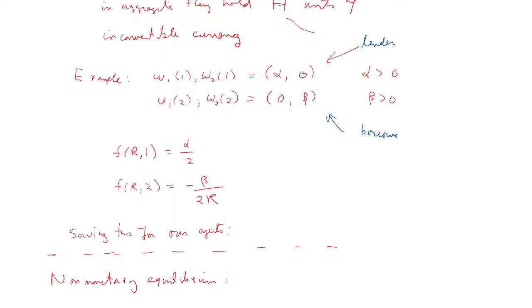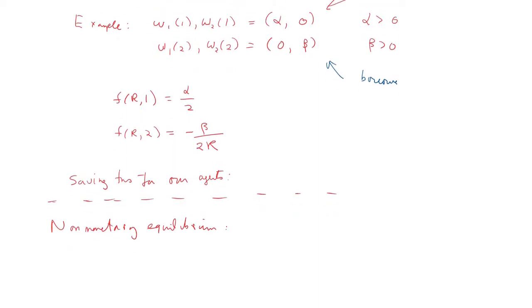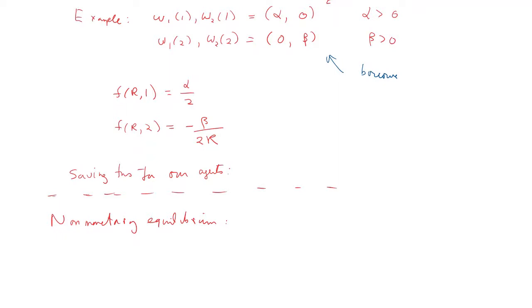We have to define what a non-monetary equilibrium is going to be. It's going to be a sequence r_t, t going from 1 to infinity, of gross one-period interest rates,